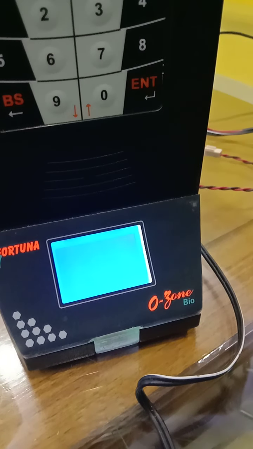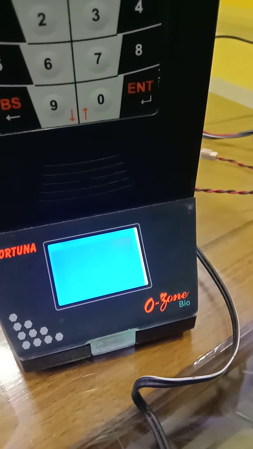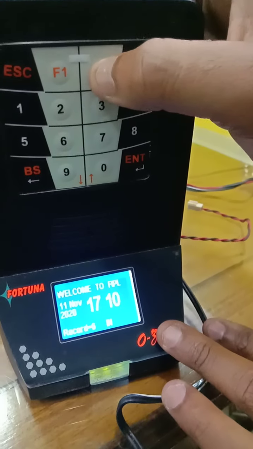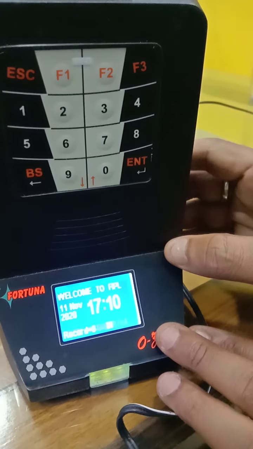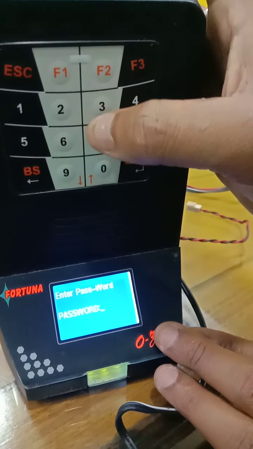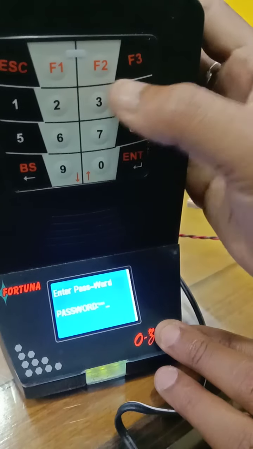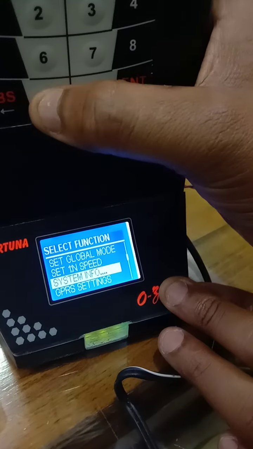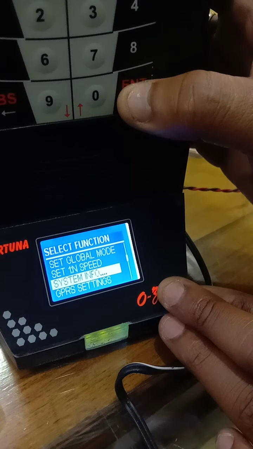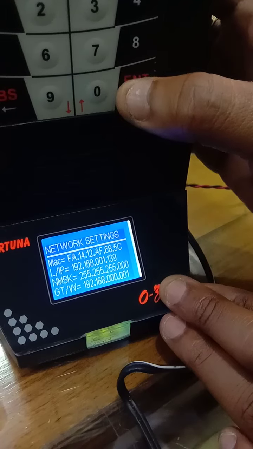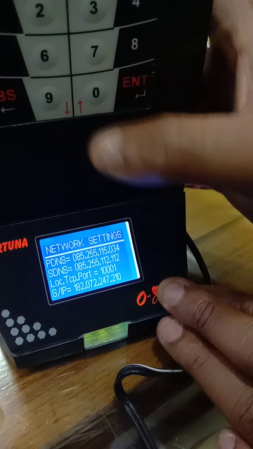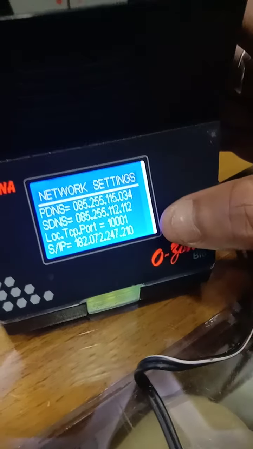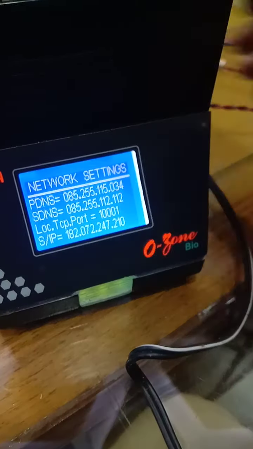After the restart is completed, you can check the server IP you set; the information is available in the F2 menu. For server IP information you need to go to the F2, then password, then set system info, then network setting. From here you can find the server IP. SIP is equal to server IP. So if the IP address is set successfully, that IP will be reflected over here.